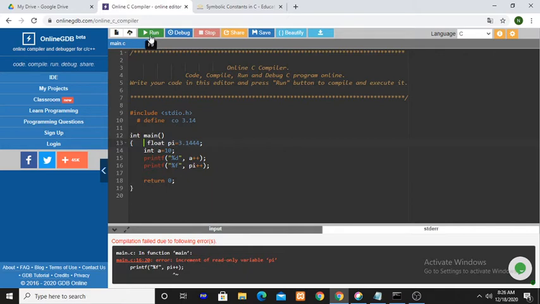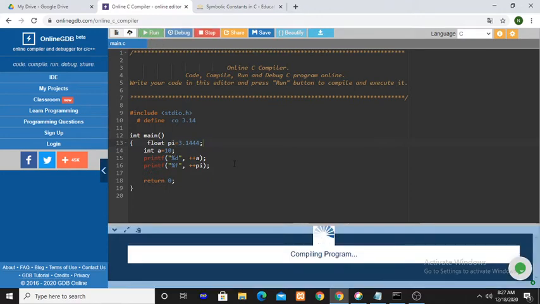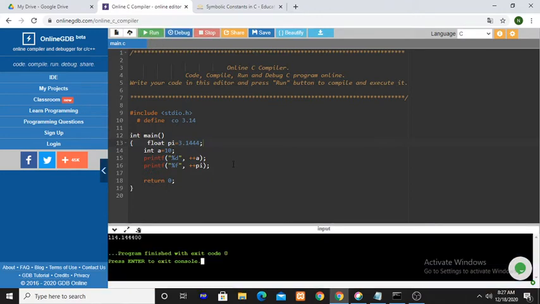Now look at the output. So write the \n also.